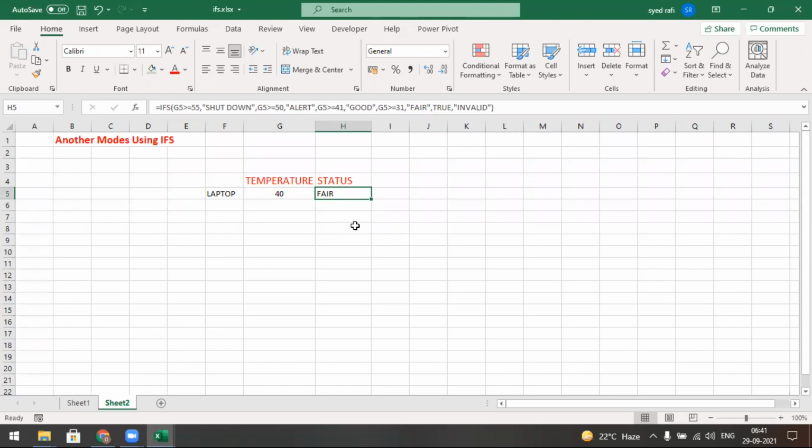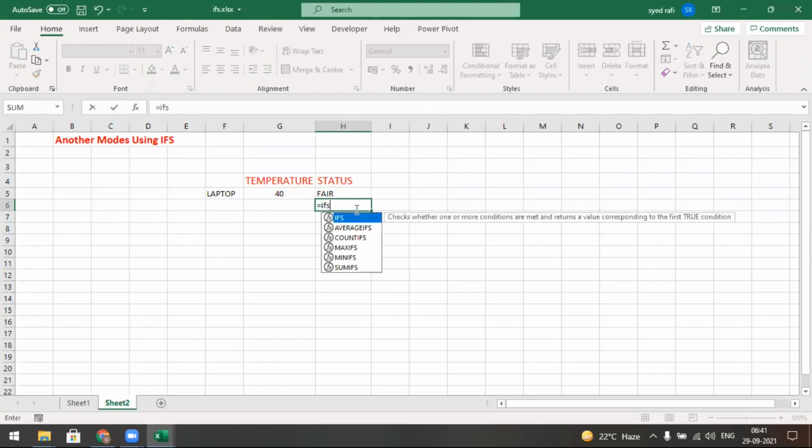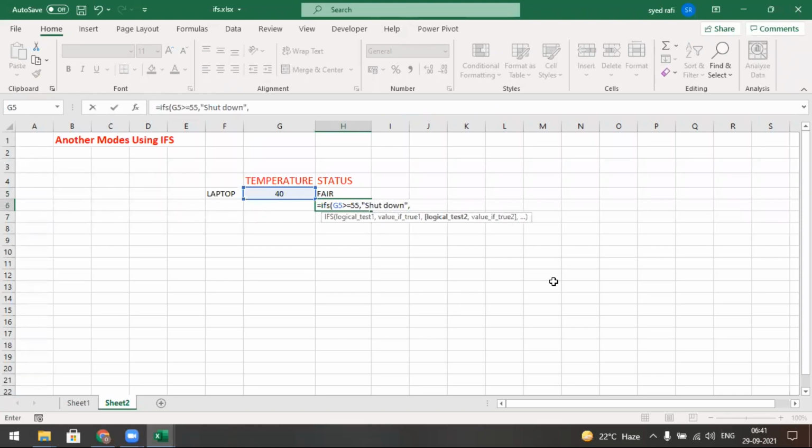How do we make this one? Simple. Equal to IFS and open a bracket, and you must select that range, then say greater than or equal to 55, above 55, what you want to show, shutdown.